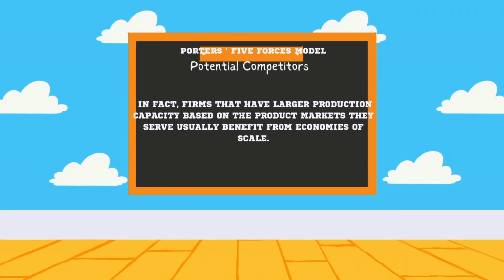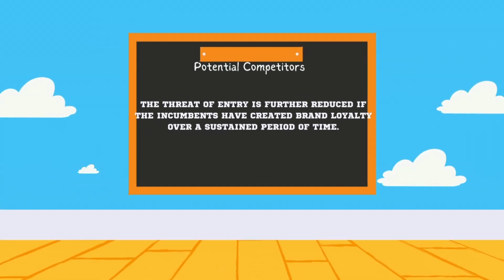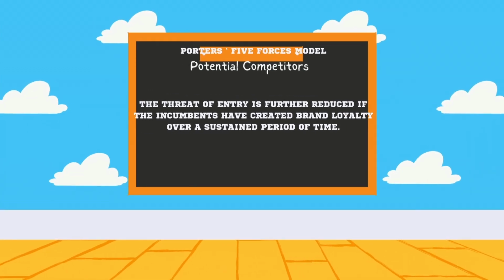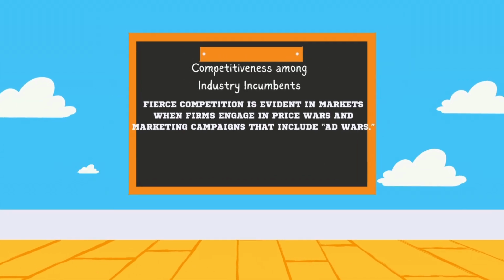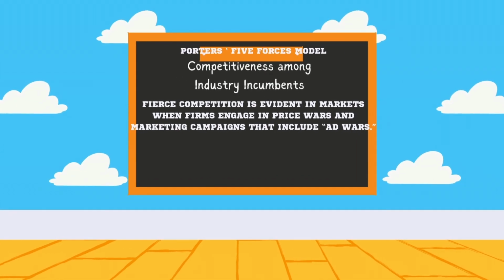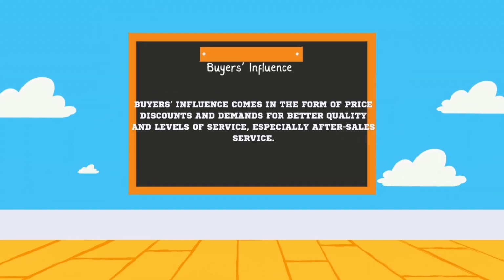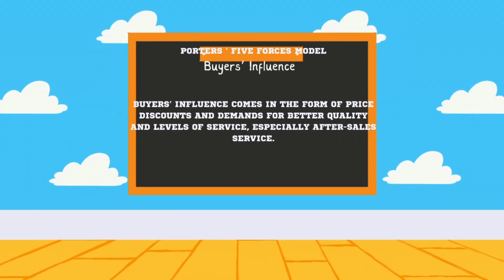Porter's five-force model starts with the competitors. An industry with low barriers to entry is risky because of many potential new competitors. It is just easy to enter the industry, with average investment needed. Incumbents can lower the threat if they adopt best practices to minimize cost or take advantage of larger production capacity and benefit from economies of scale. Firms further lower the risk of competition if they create customer loyalty.